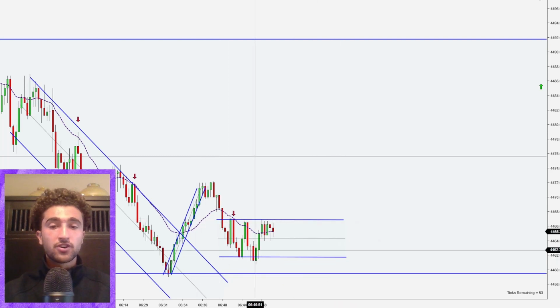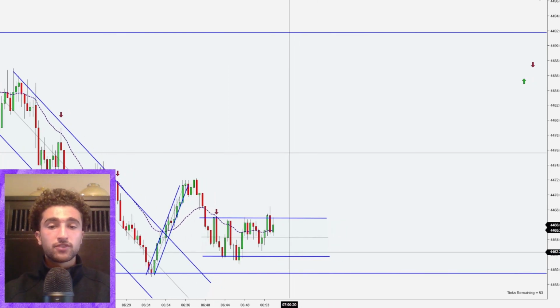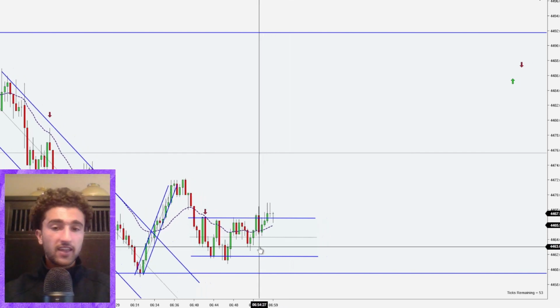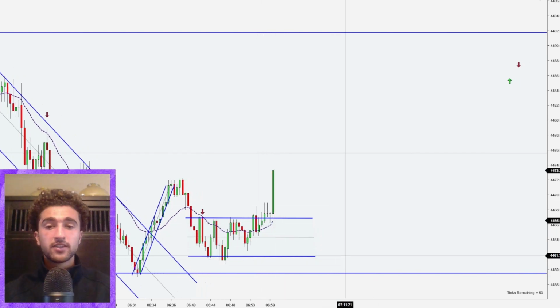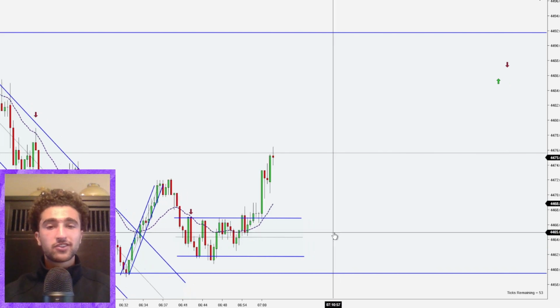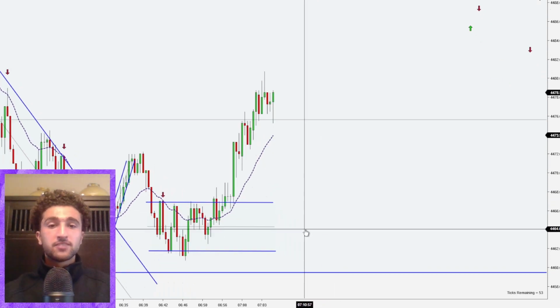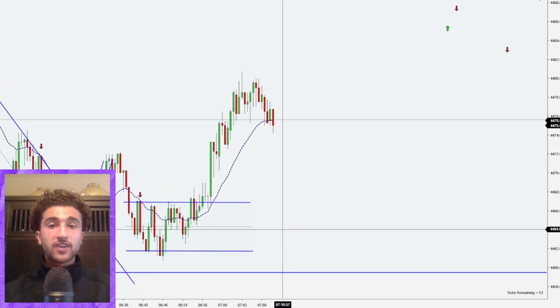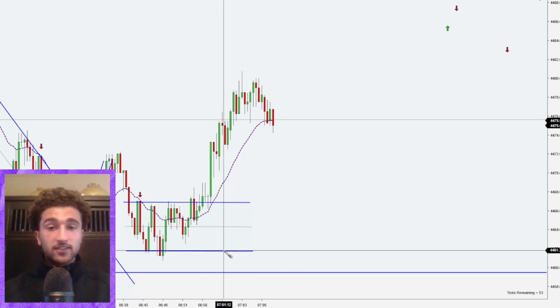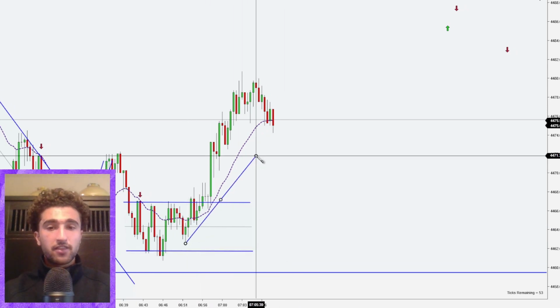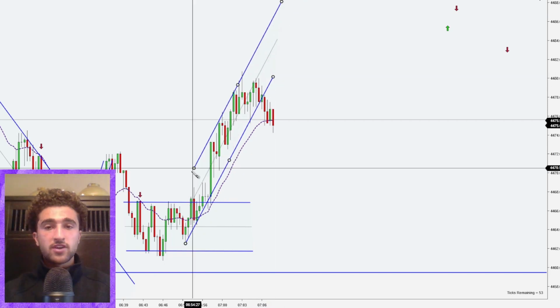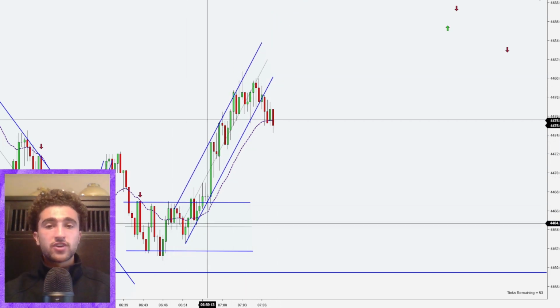We can also draw a short-term trading range, and the news hit right here. So you want to stay away from trading during the news, especially when it's high impact like we had yesterday, August 11th. So once again, we can just draw a trend to give us an idea of what's going